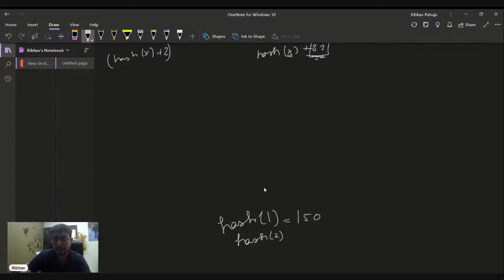So hash of 1 will always give me the same value, but two keys can have the same hash values. So that becomes a many to 1 relationship.